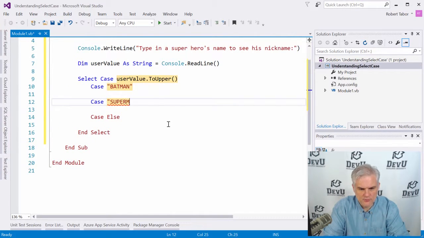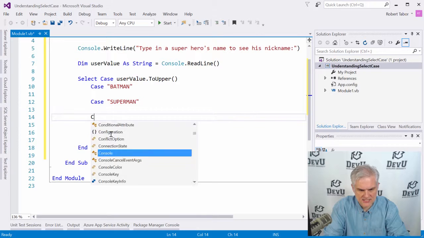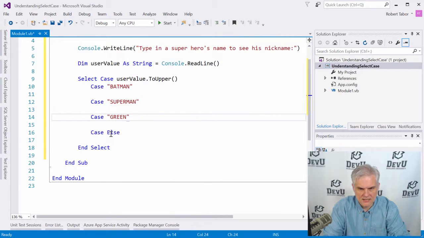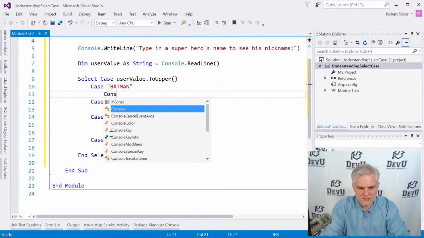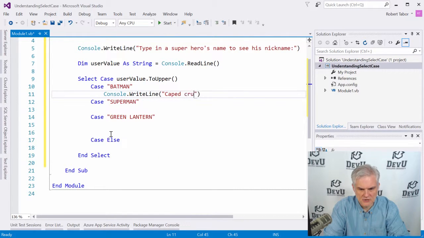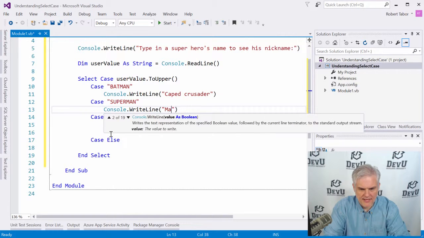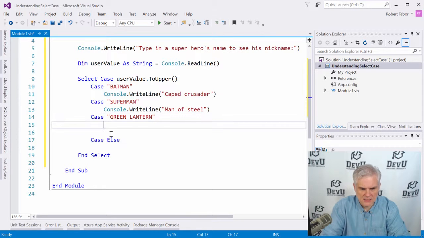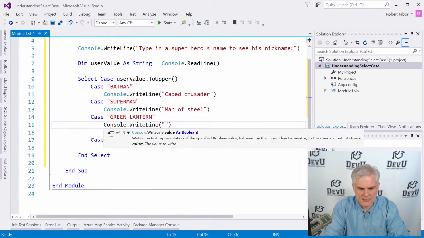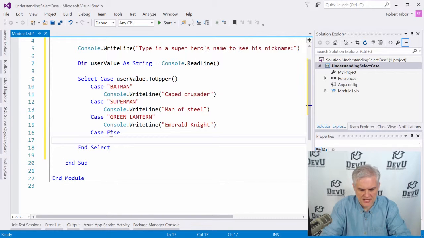or for Superman, for example, and I could continue to add additional cases, like Green Lantern. All right. Now here I can just do Console.WriteLine and type in Caped Crusader, Console.WriteLine, Man of Steel, Console.WriteLine, Emerald Knight. All right, and then the Case Else, we could just say